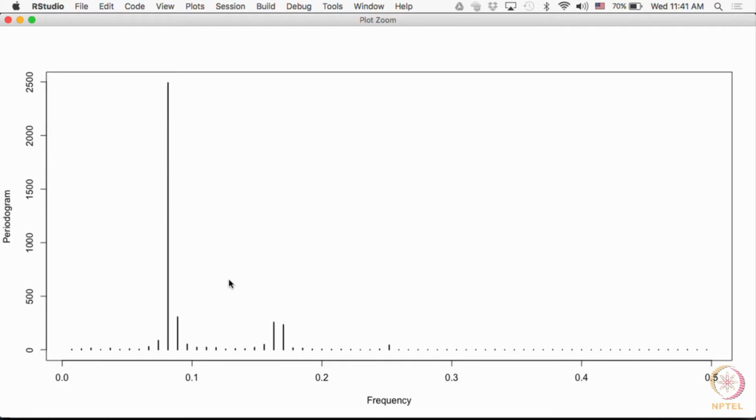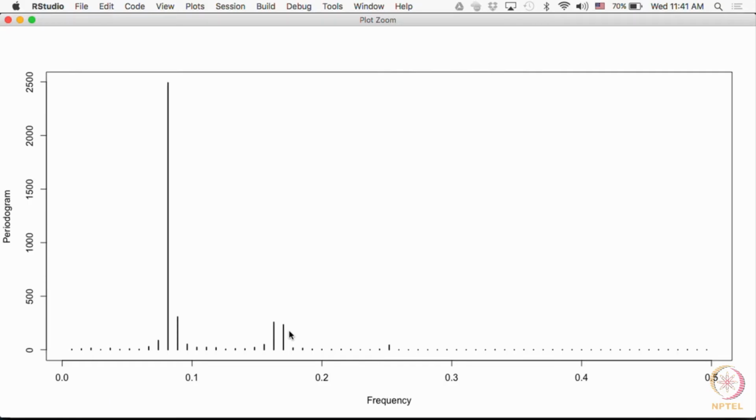0.08 roughly, and that happens to be 1 by 12. Okay. So, that confirms that there is a periodicity of 12 months, or in the sense 1 year, but in general that need not be the case, and you may have other harmonics as well. For example, you can say the frequency at 1 over 12 is a fundamental frequency, and then if you see there are 1, 2, 3 other minor peaks,